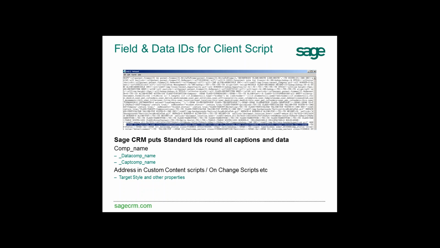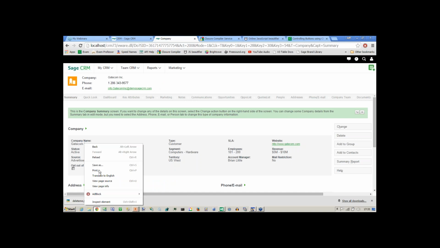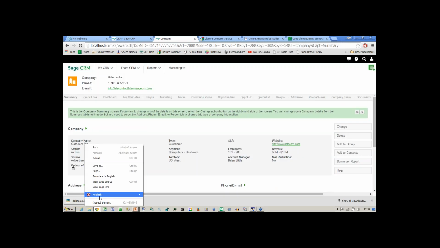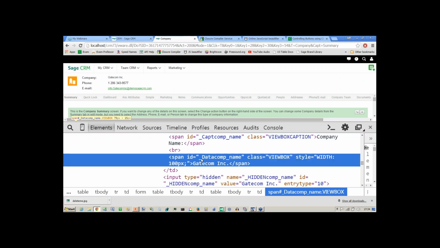IDs. Now, IDs are very useful things. If I come into the code again, if I look at this field, right mouse click and view the page source. Oh, I didn't mean to do the page source. I meant to right click and inspect the element. We can see that this element has got an ID. There's a difference between names and IDs. IDs are what we want. IDs are the good